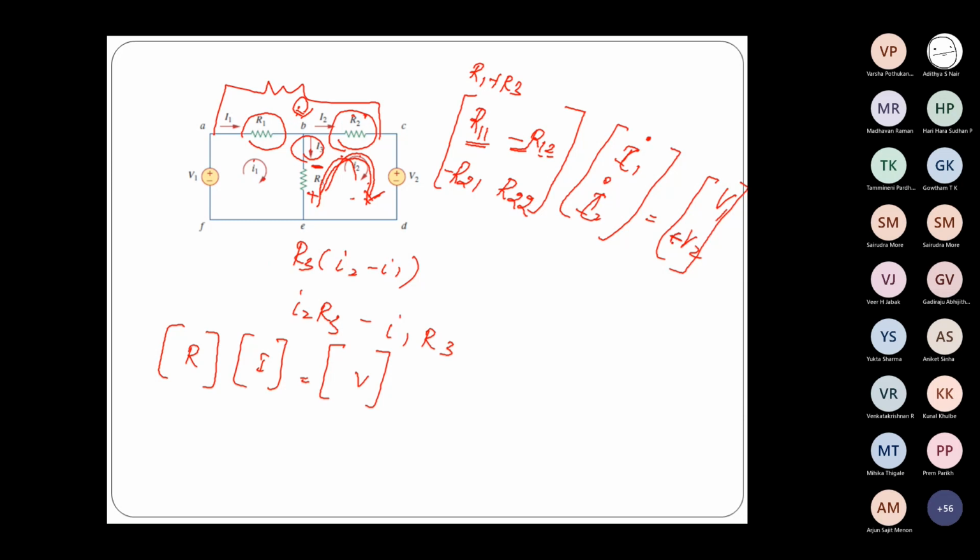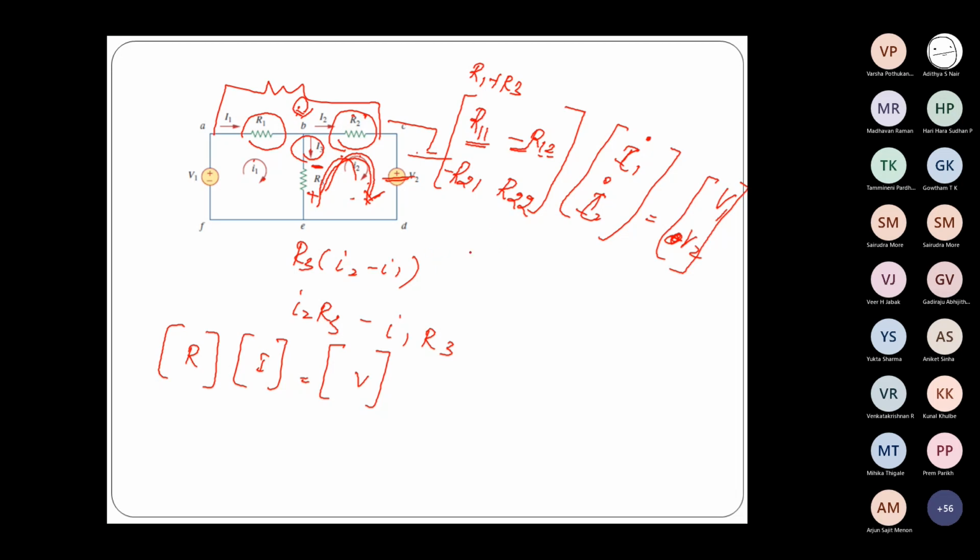Okay, so this is a generic equation. That's why I didn't write this plus minus. Depending on the network, as far as this network is concerned, it appears like this. In some cases, if you have something like this, then it will also be plus V2. So depending on the network, I'll write it. Okay, so that's all. Now when you want to extend, one minute, let me finish it off.